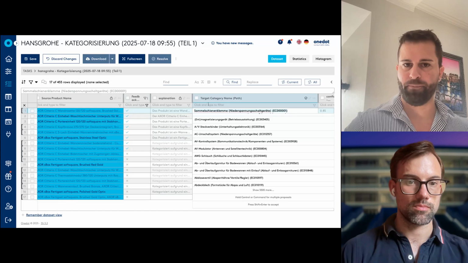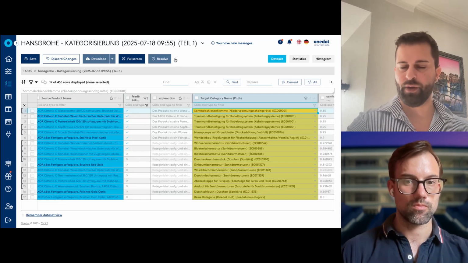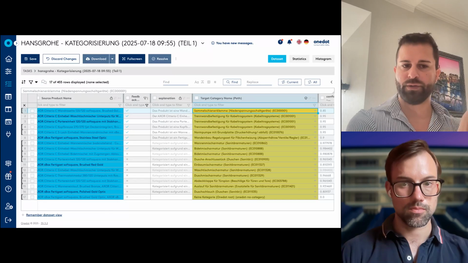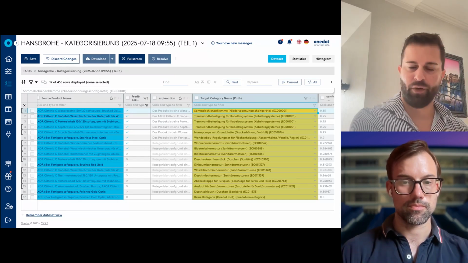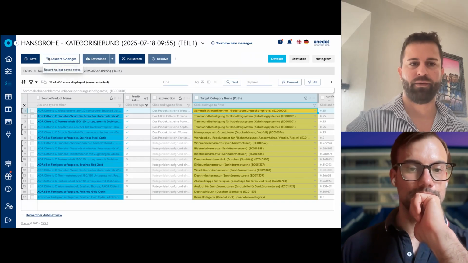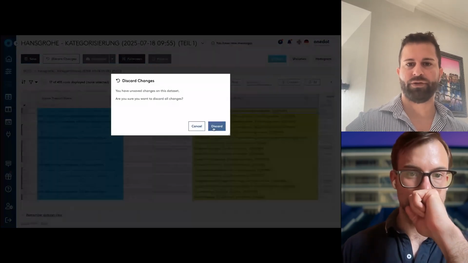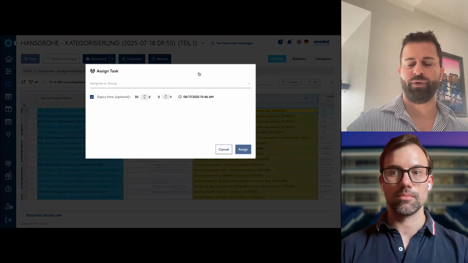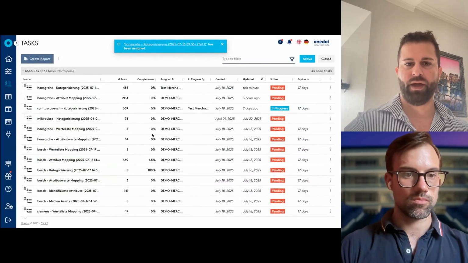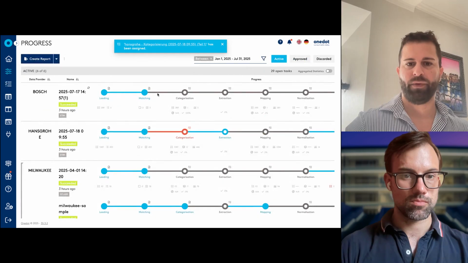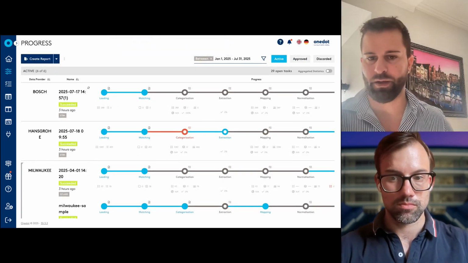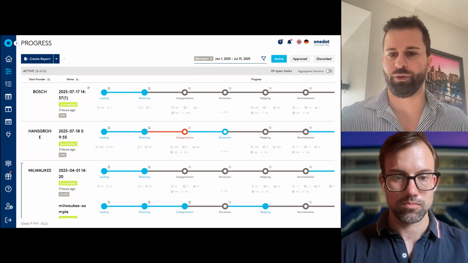If I want to assign this task to a supplier, because the supplier sometimes knows the data better than the retailer, we can assign it. So if I go now and, for example, give the discharge and go to reassign and say, okay, please supplier, as an example, make the task, then you can see it's pending and then it's red, and you can wait until the supplier has given the feedback if you want to, but you don't have to.